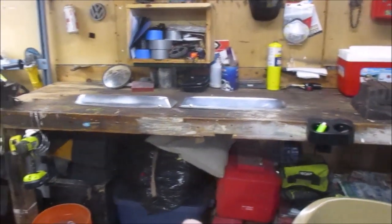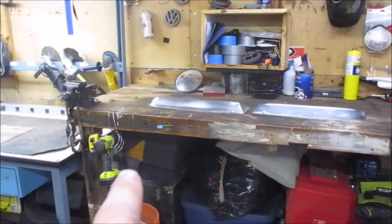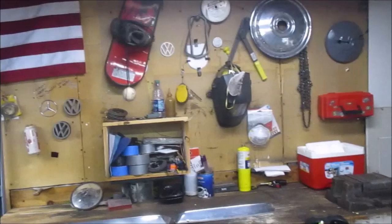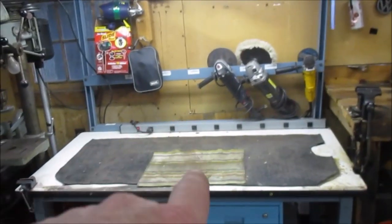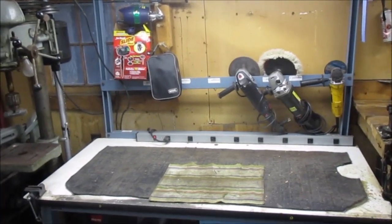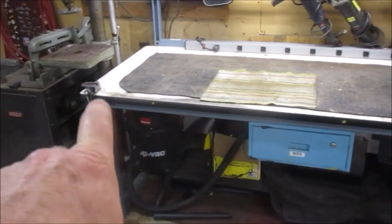Under there's my power tools. That is all of my material for doing interiors and things like that. That's a couple of speaker boxes, so nice and organized down there. Nothing really up there. That's kind of like my tape and junk shelf. This is just a workstation desk with my buffers and my grinders on the back of it. Nothing underneath really. A couple of floor mats that I use occasionally, a box of miscellaneous wires, my shop vac,